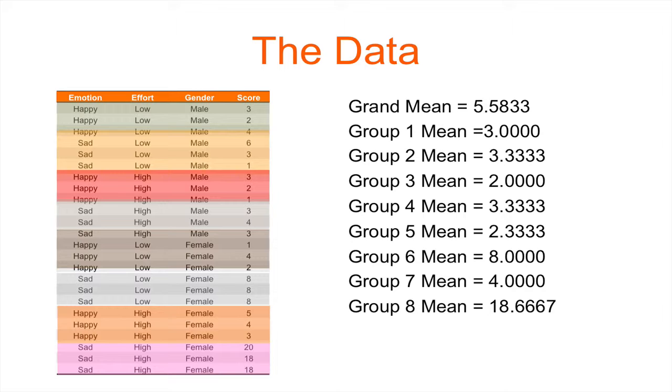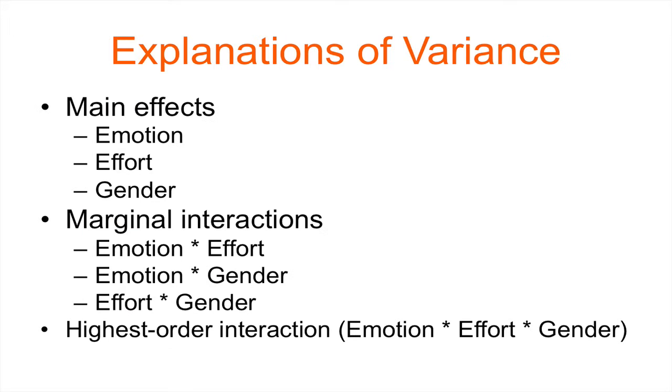We've seen in previous videos that in an ANOVA the variability in our study is explained by several different factors. It's explained by main effects, which is the effect of one unique variable on its own, disregarding any of the other variables and any of the other interactions. So in this case, because we've got 3 variables, we've got 3 main effects: the effect of emotion on its own, the effect of effort on its own, and the effect of gender on its own. We've also got